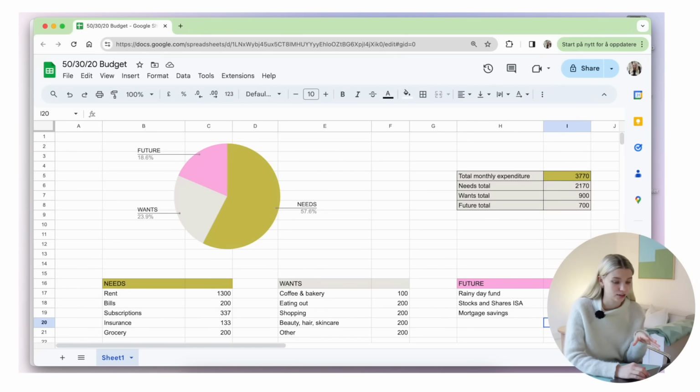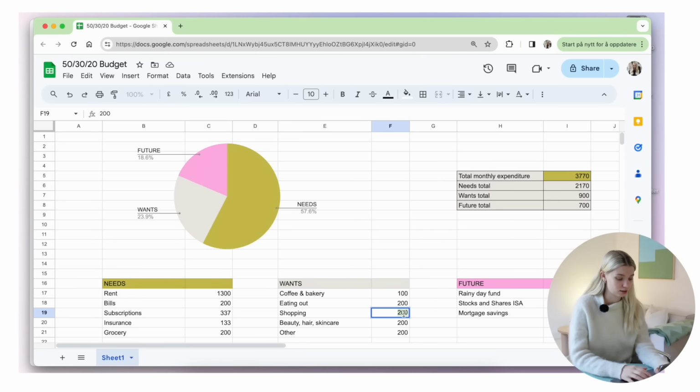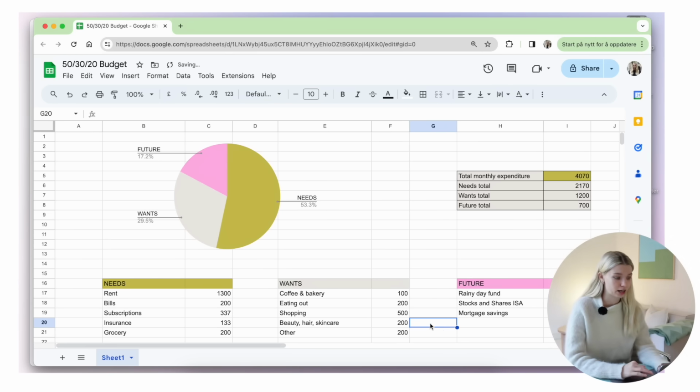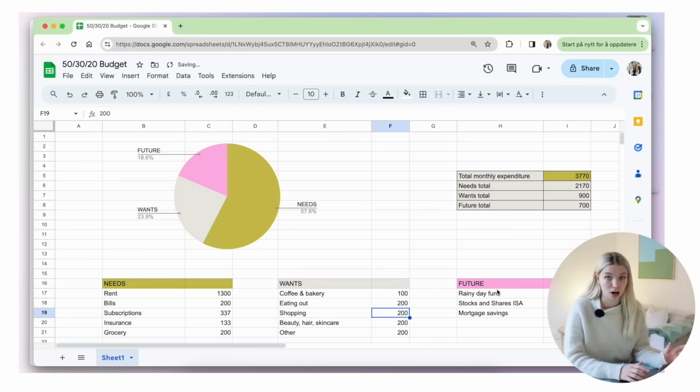As you can tell, every single time I update a number, the graph on top and the little table updates. So let's say I go through a month and I've spent, instead, £500 on shopping. It was a crazy month, right? The wants category will automatically update to 29.5%, and then everything else will go down. The percentages will just automatically update. So I think it's a really nice way to keep track of yourself and briefly, to your ability, follow the